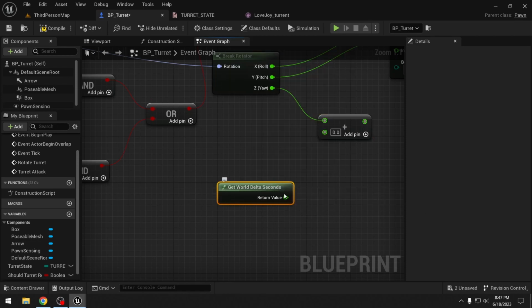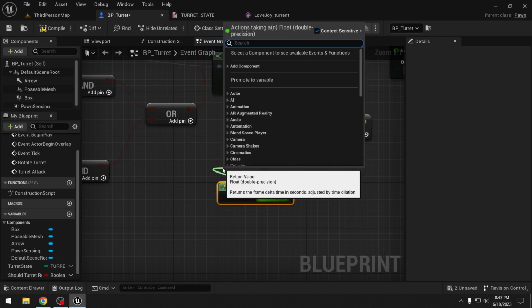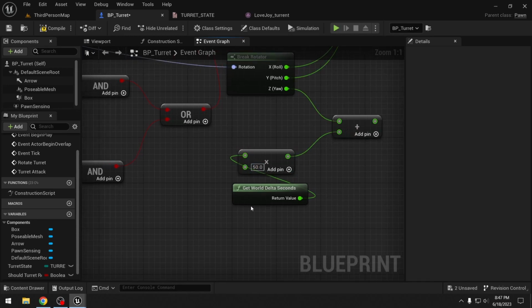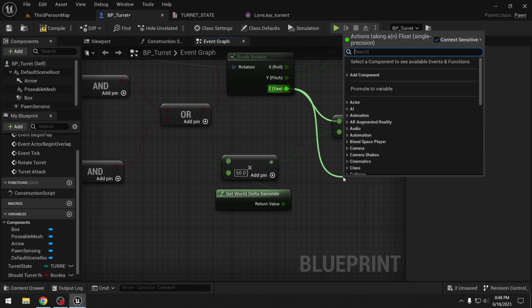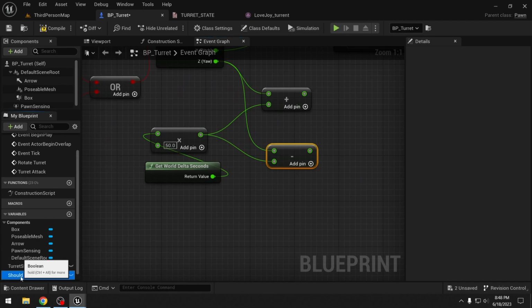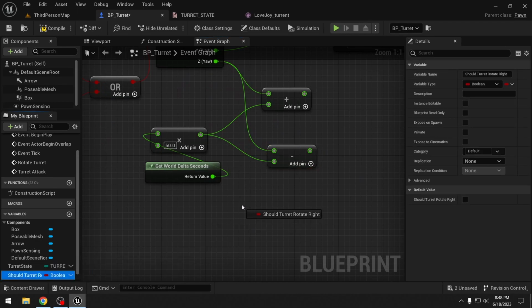So get world delta seconds, multiply this by some number. I will multiply it by 50. You can try different numbers if you want to. And we will add it to the Z value, or we will subtract it from the Z value